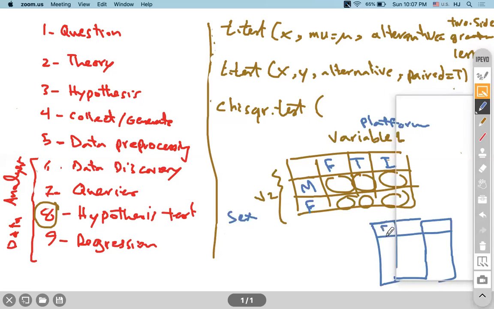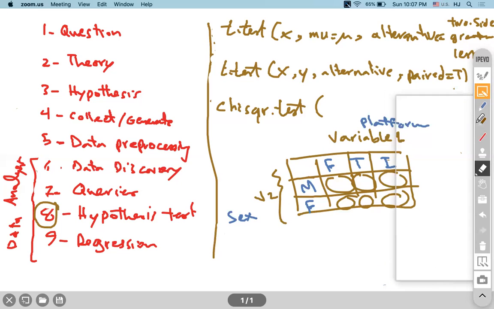Usually we have, let's say, Facebook, Twitter, Instagram, and we have, let's say, male, female, or it could be in other format, whatever the format is. So we don't want the data to be in this format. We want the data to be in this one. So in order to get the data to be in this format, what you can do, be sure to use,